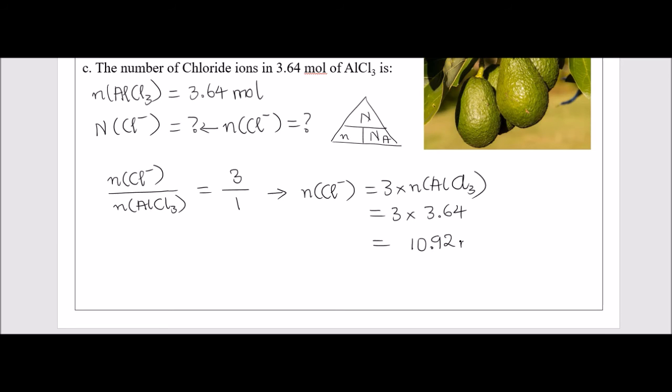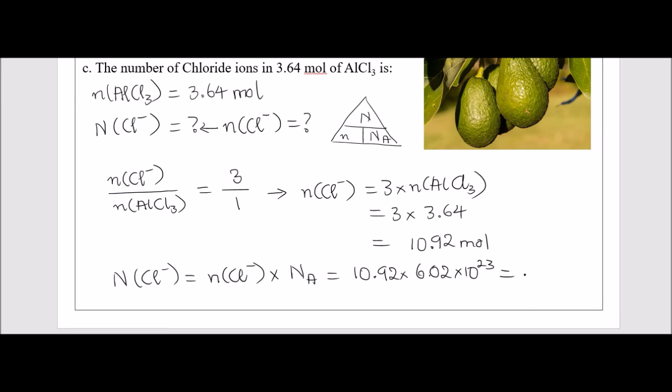All right, I'm not sure why I did a multiplication by hand. So I'm checking with the calculator. It's right. Okay. And now that you have the number of mole of chloride ions, you can safely use it to determine the number of chloride atoms. Okay, so we have 10.92 multiplied with 6.02 times 10 to the 23,